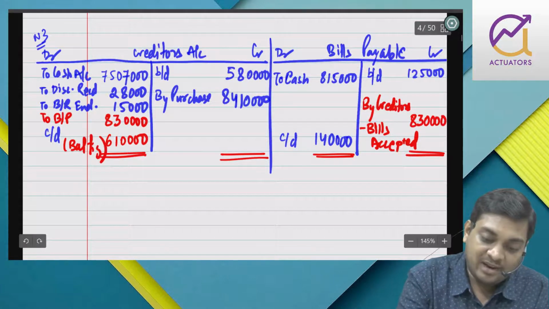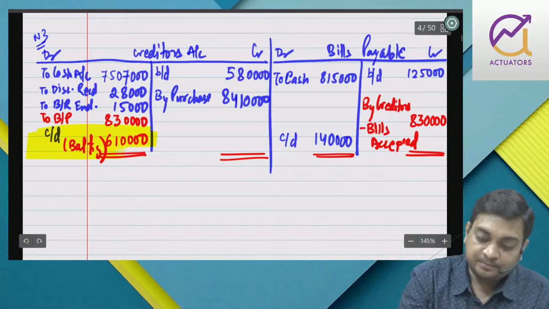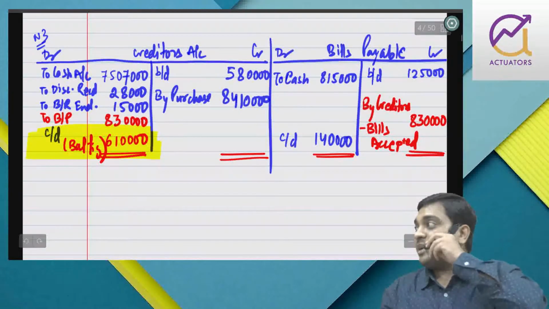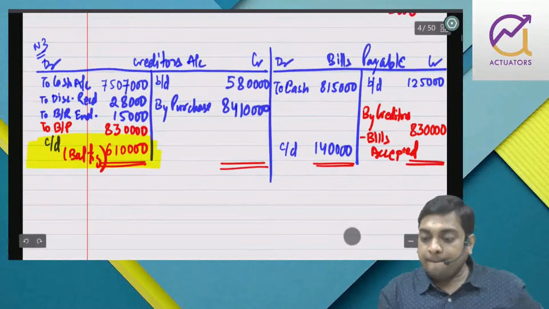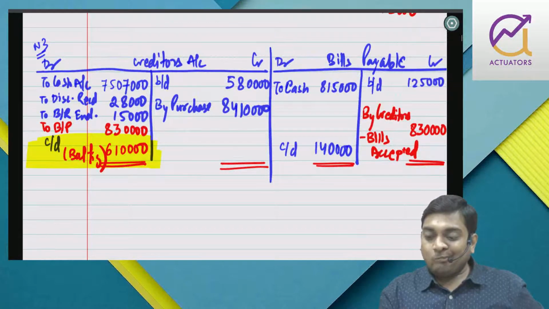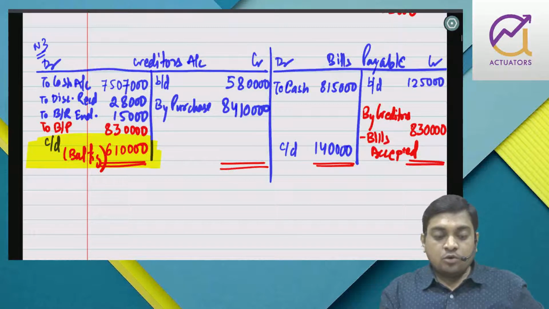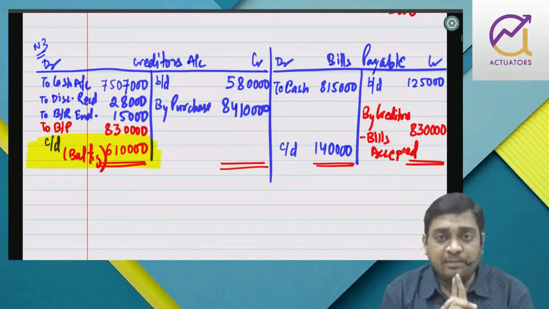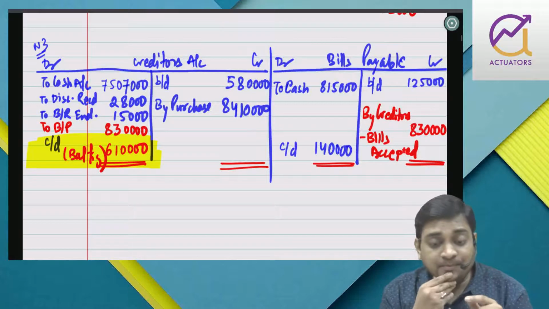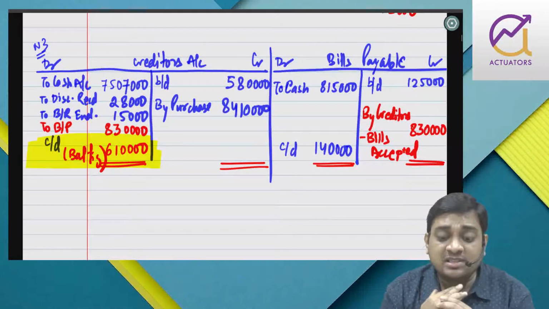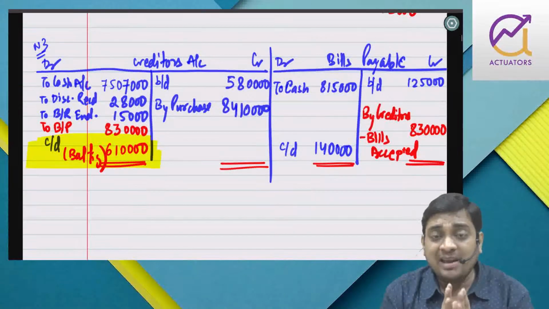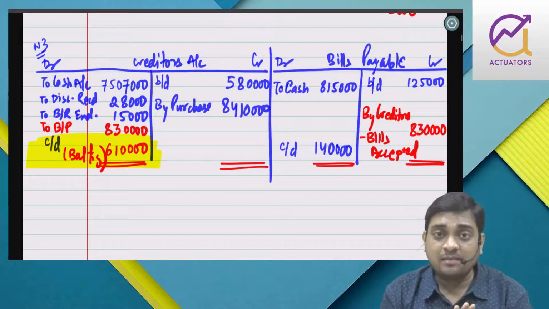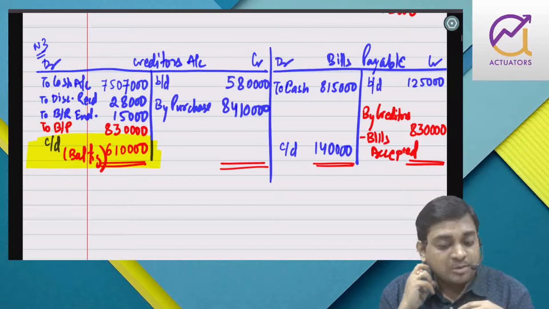So I told you one thing you can get as a balancing figure, not a problem. Right. You need to be very careful in posting, in preparing an account, that you should not miss out any item. If, for example, I would have missed out discount received or BR endorsed, then the things would have been different. You have to be very careful when you're preparing these accounts to calculate the missing figure, right? So that has to be there in your mind.